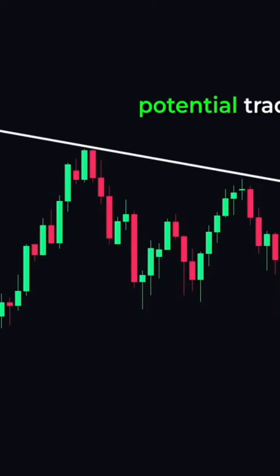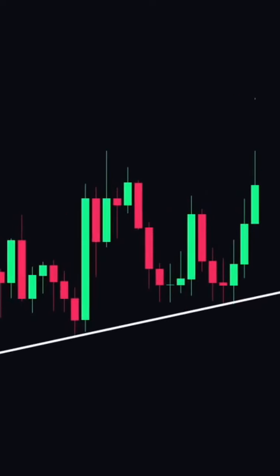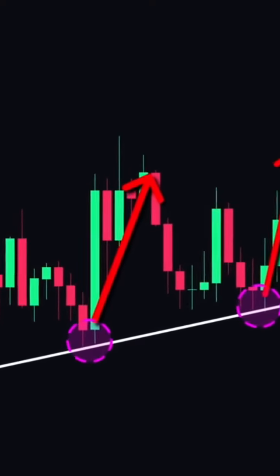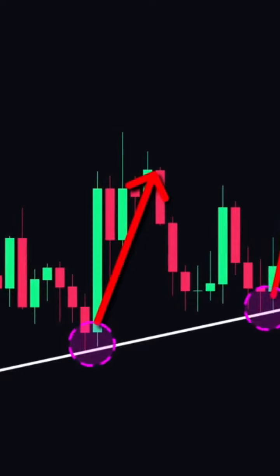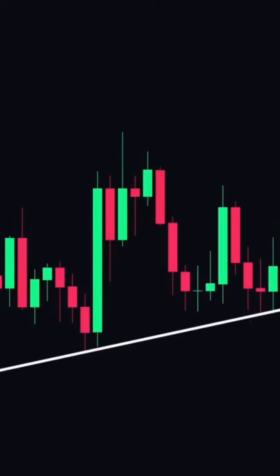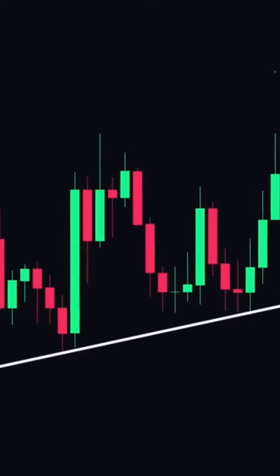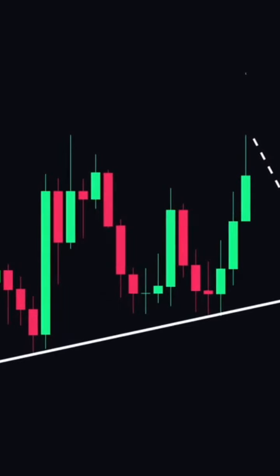the naked eye. For example, in this chart, we've applied a trend line by connecting the swing lows. Now, notice that in the past, price tends to bounce off the trend line every time it touches it. This tells us that in the future, if price ever approaches the trend line again, there's a high probability that we can expect another bounce. So, a possible trade setup here